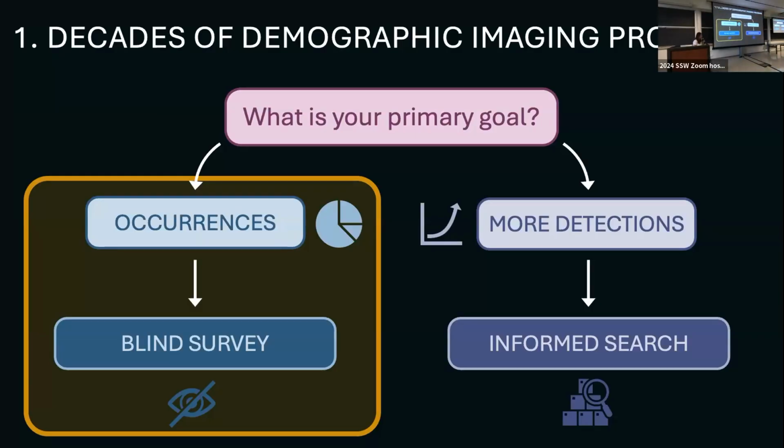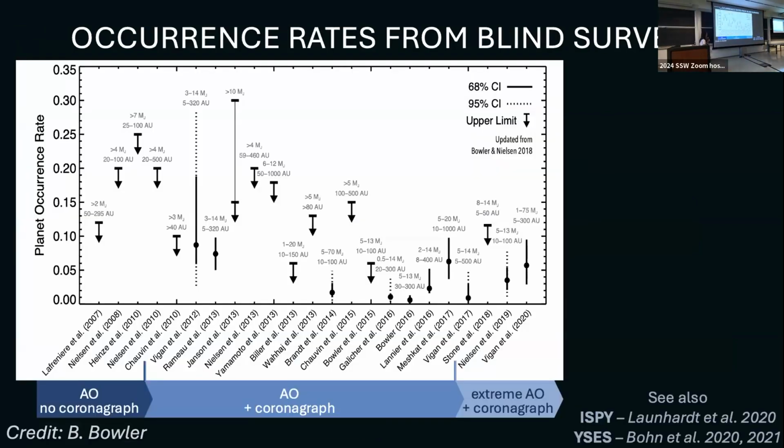Okay, so since most of the current discoveries have been made with these blind surveys, let's start with these and what we've actually learned in terms of demographics. So there's been many different programs looking to constrain occurrence rates, which is the main astrophysical parameter that we can constrain with our blind surveys. This is a little summary of some of the many surveys that have been conducted over the last decade or two. And before I get into actually looking at these numbers, there's a couple of things I want to highlight,